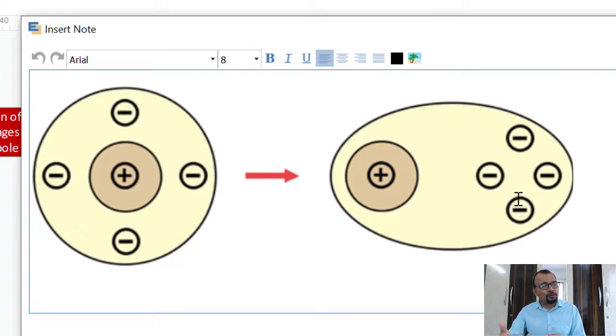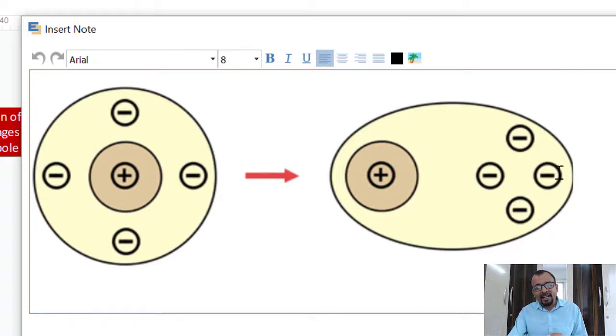In this case I have shown it to the right side of the nucleus, and it is called the development of an instantaneous or induced dipole moment. So the electrons are shifted a little bit towards the right side of this nucleus. That yields the development of the induced dipole moment. Now when such a situation occurs, what is going to happen?